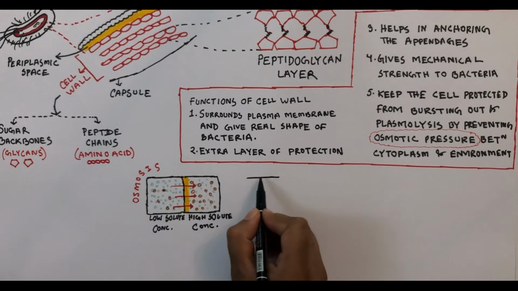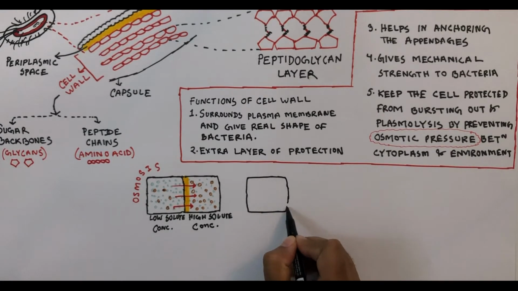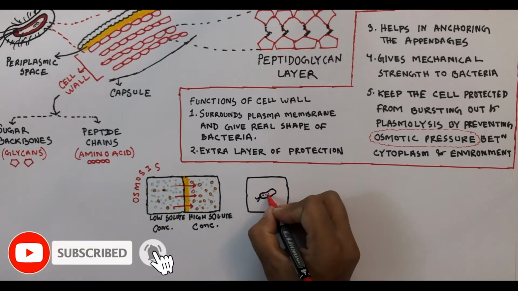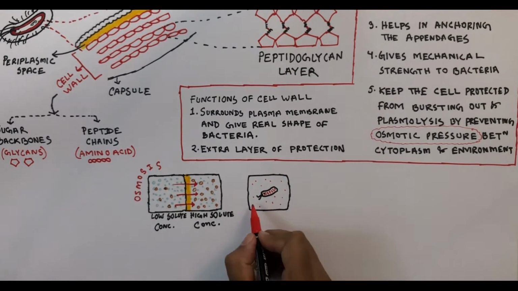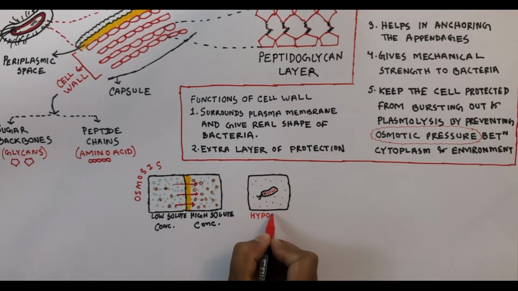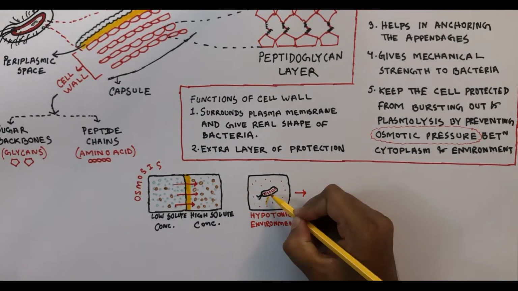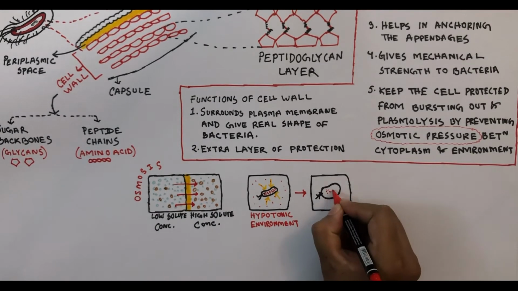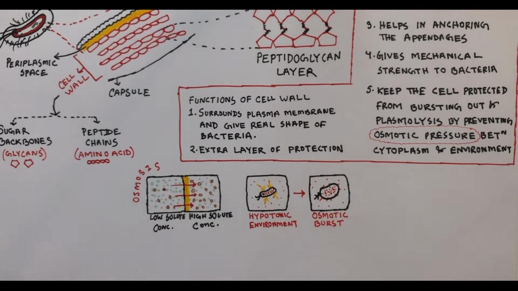Bacterial cell wall basically gives the mechanical force to prevent the osmosis. Bacteria, when they're present in human body, they're surrounded by body fluid which is less osmotic than the bacterial cytoplasm. So in this case, bacteria are present in hypoosmotic environment. This is also called hypotonic environment. So due to osmosis, bacteria will absorb water from the extracellular fluid, and as a result, bacteria will start swelling. If no cell wall is present, the uncontrolled swelling of bacteria will eventually cause a burst.